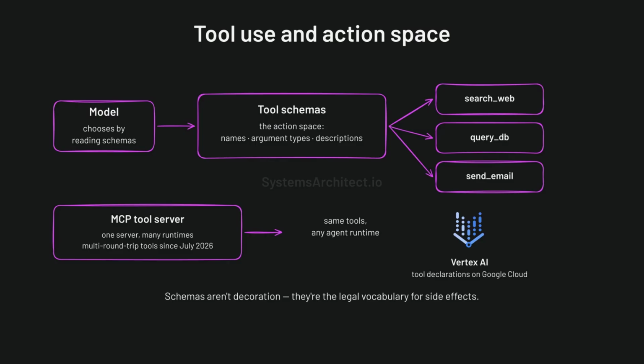You'll see this, for example, in Amazon Bedrock Agent Core tool wiring, Microsoft Foundry Agent Service function calling, and Gemini Enterprise Agent Platform AI tool declarations on Google Cloud. Agent Core Harness can own the full orchestration loop for you. It covers model, tools, memory, and recovery in an isolated session.